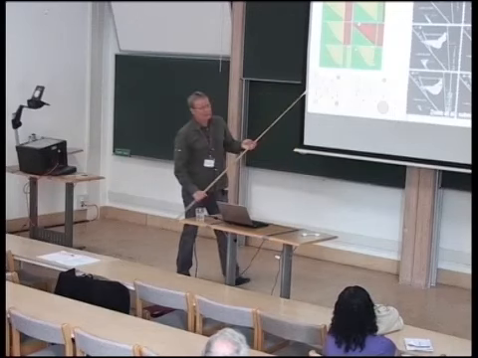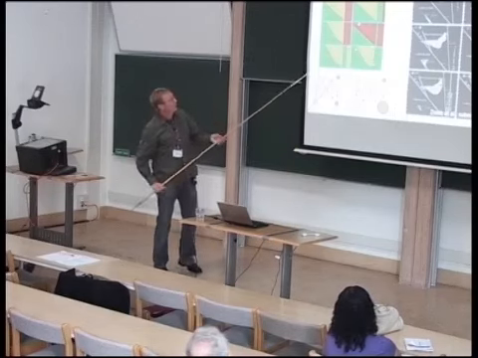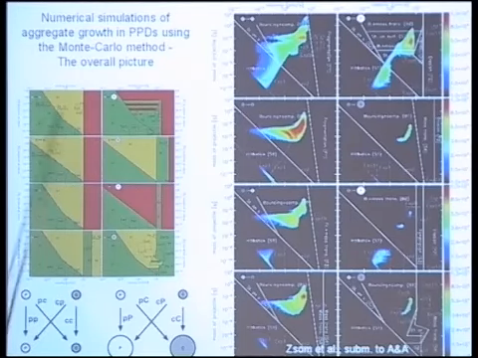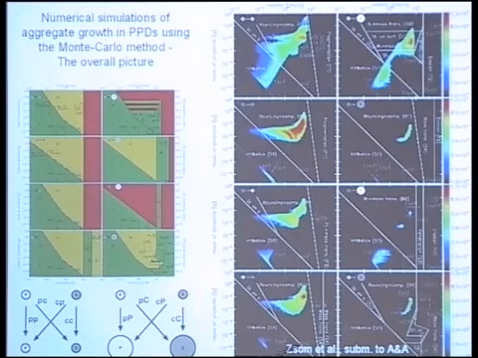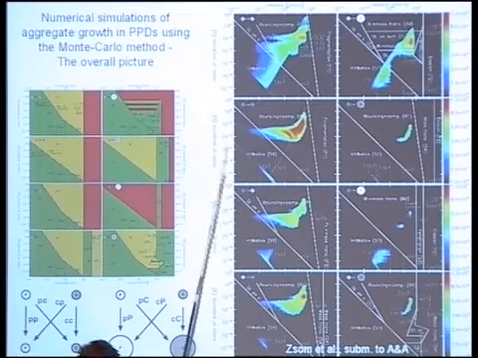Okay, this is the result of, you saw the movie, and now let's concentrate. These 8 plots are the model, and this is where the particles really are. And let's concentrate on the top 4 panels, because there's not so many here. So where the red color is, things happen.